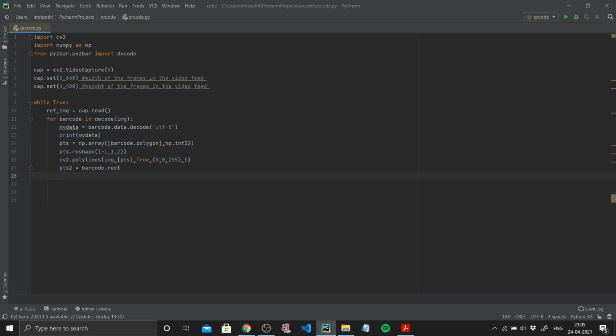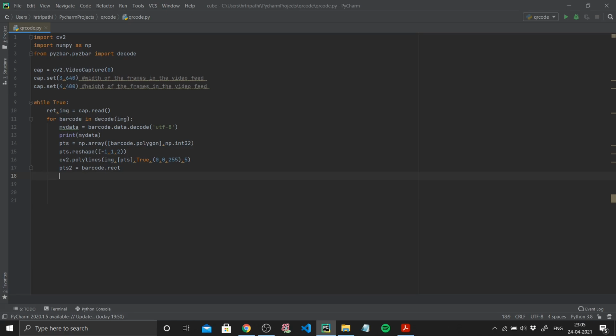So what we are going to be doing is fixing that message by using the rectangle field that we get when we decode our QR code, right? The decode, as I mentioned, returns 4 fields, namely your data, your polygon, your rectangle, and your type.